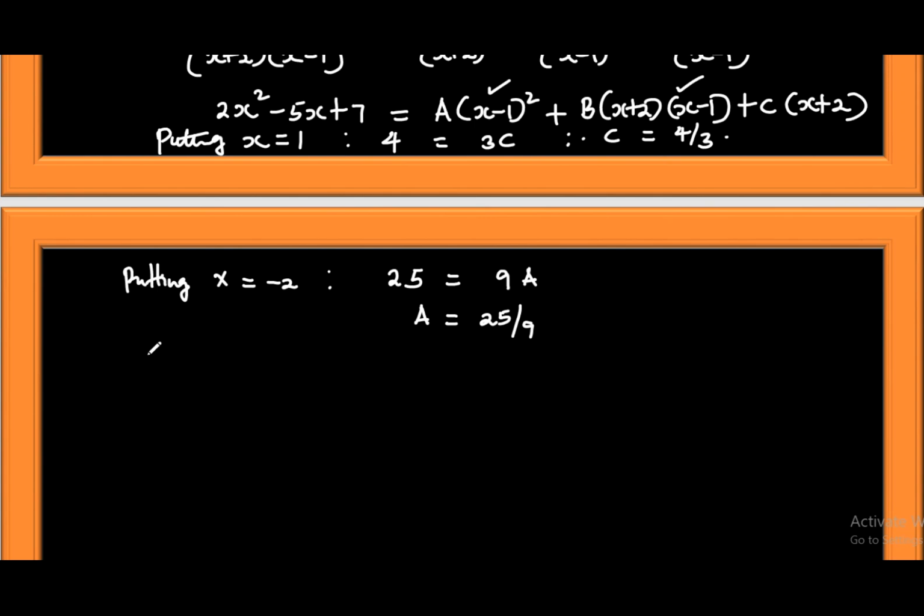Then, now you realize all the factors have been exhausted. So what you do in this case, two options. Either you take up any value of your choice with exception of x equals to 1 and x equals -2, or you can as well equate coefficients. But I would prefer to equate coefficients. So I will say equating coefficients